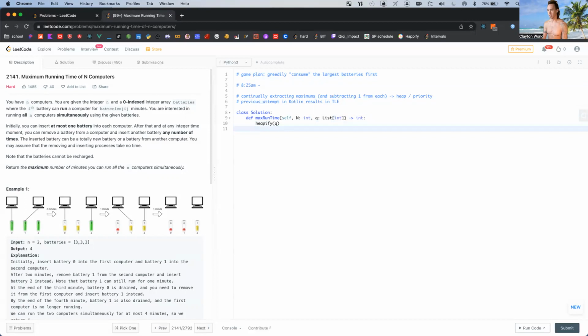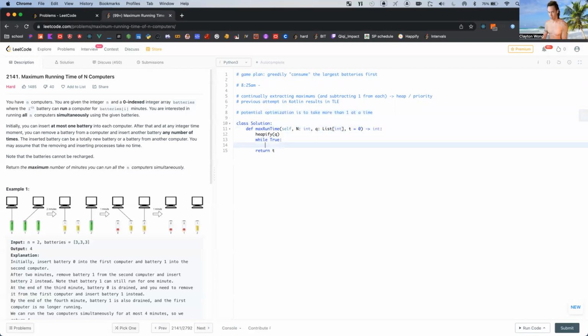Okay, and then true. Return total T equals 0. Oh, I see what we can potentially do. A potential optimization is to take more than one at a time.